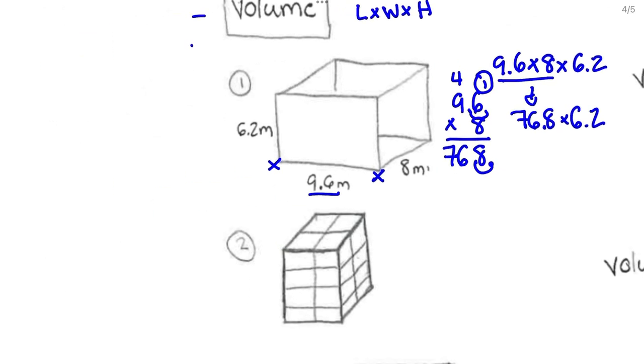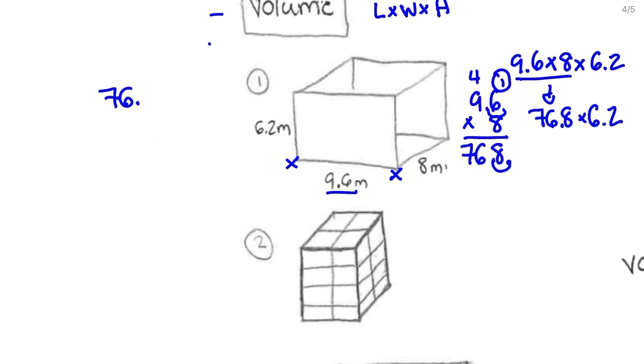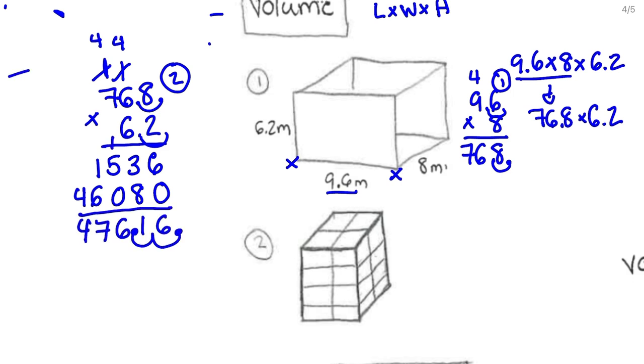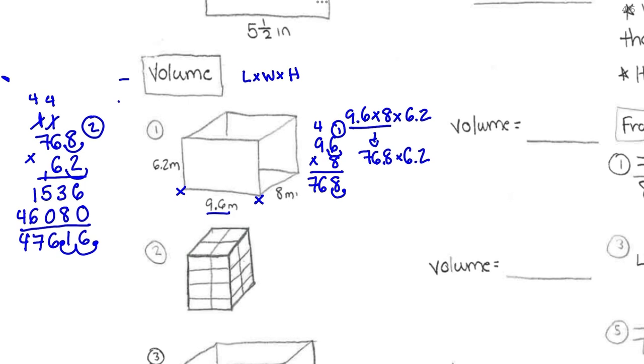And I multiply it by 6.2, which I'm going to need a little bit more space for. Remember, you need to jump your decimals and multiply 768 by the 2. And then you're going to end up multiplying 768 by the 6, which is really a 60. When I multiply 768 by 2, I get 1,536. When I multiply it by the 60, what do I get? 46,080. I add those together, I jump my decimal back, and my answer is 476 and 16 hundredths